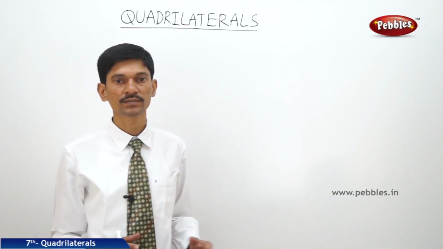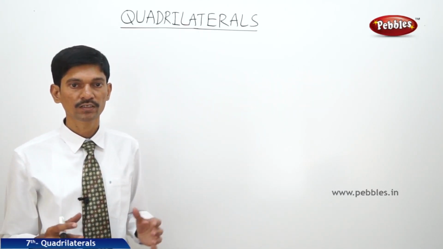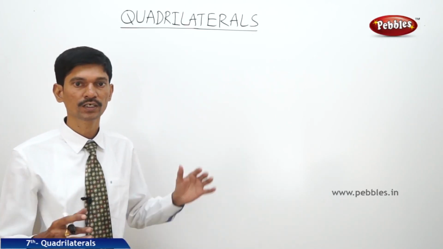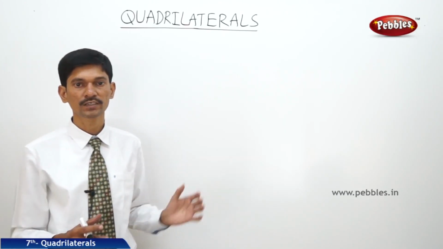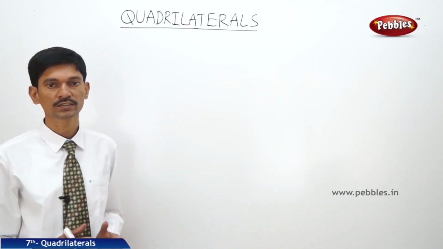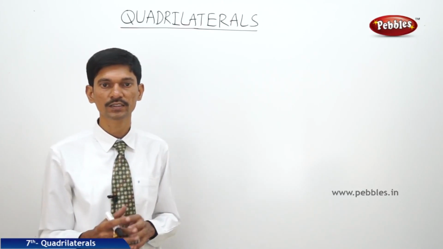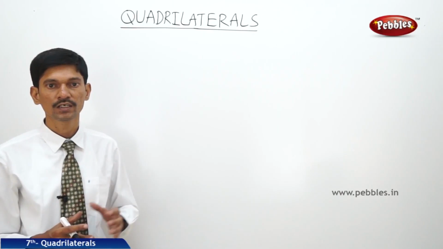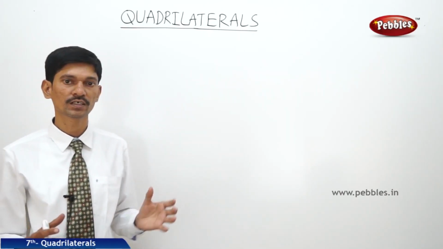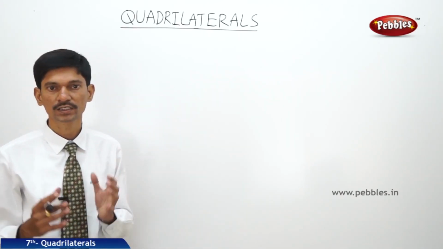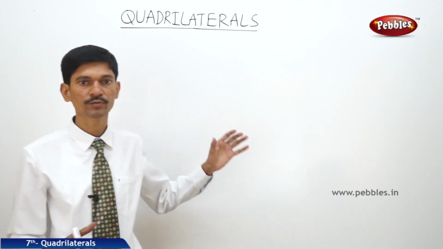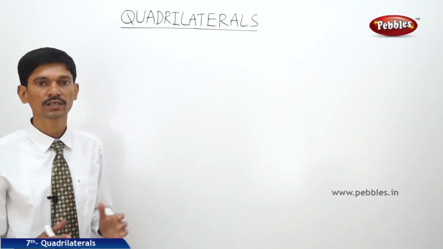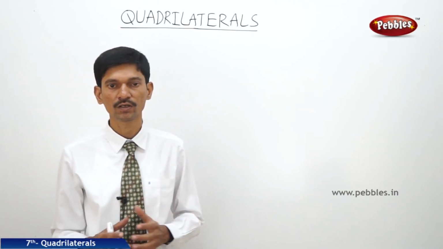So far we have discussed what a quadrilateral is and what the sides, vertices and angles of a quadrilateral are, and also the adjacent sides, adjacent vertices, adjacent angles, opposite sides, opposite vertices and opposite angles, and the two diagonals, and also the interior and exterior of the quadrilateral. And we have also discussed what a convex quadrilateral and a concave quadrilateral are, and we have just proved the angle sum property of a quadrilateral. Now let us do a few problems based on all these concepts.